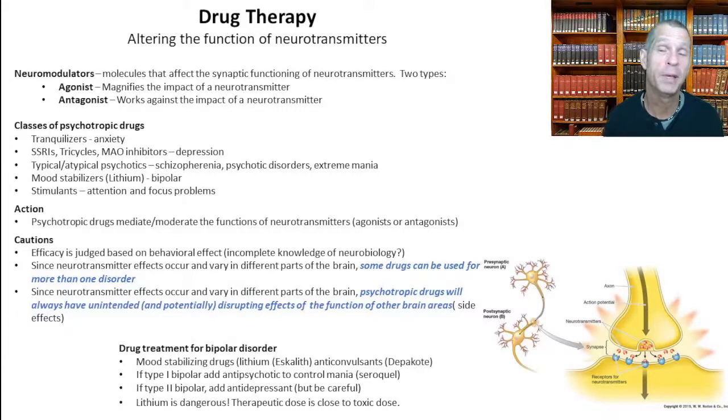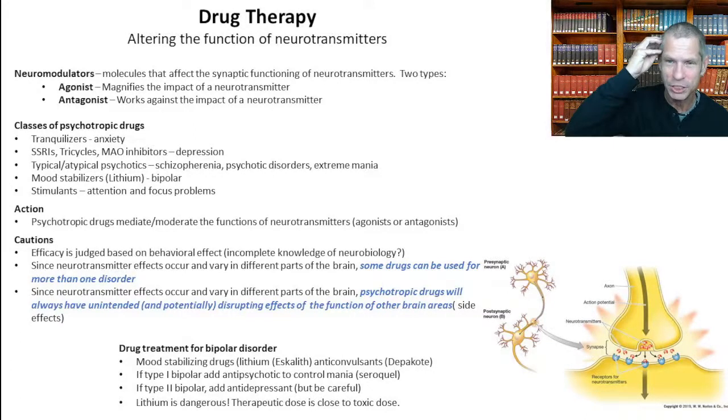So maybe dopamine in delusions only works in this part of the brain. And I'm not even going to say parts of the brain because we don't know, and I don't want to give you the idea that I know. But let's say that dopamine malfunctioning right here is what causes schizophrenia. Well, I can't just give you dopamine here.